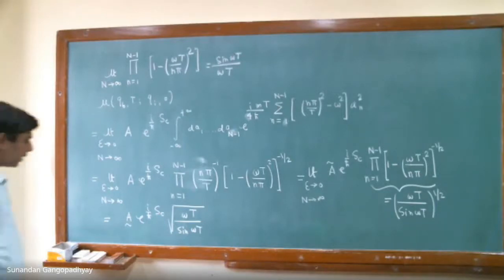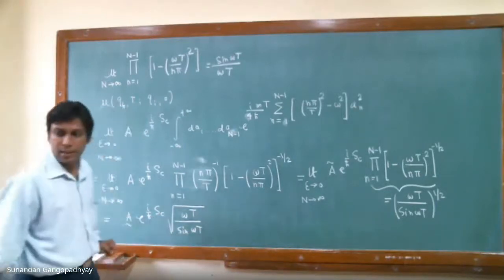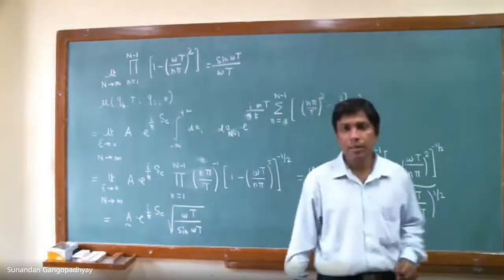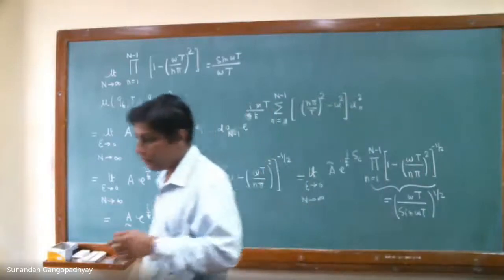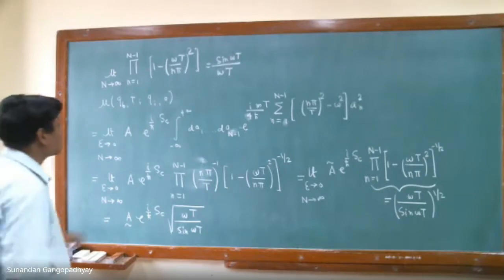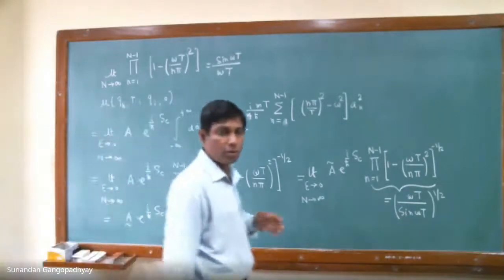And of course, you can calculate what S_C is, the classical action. For that, it is simple to calculate. I actually gave you the result earlier, when I showed the connection between statistical mechanics and quantum theory. I calculated the partition function, right? You remember we calculated the partition function for the harmonic oscillator in two different ways.